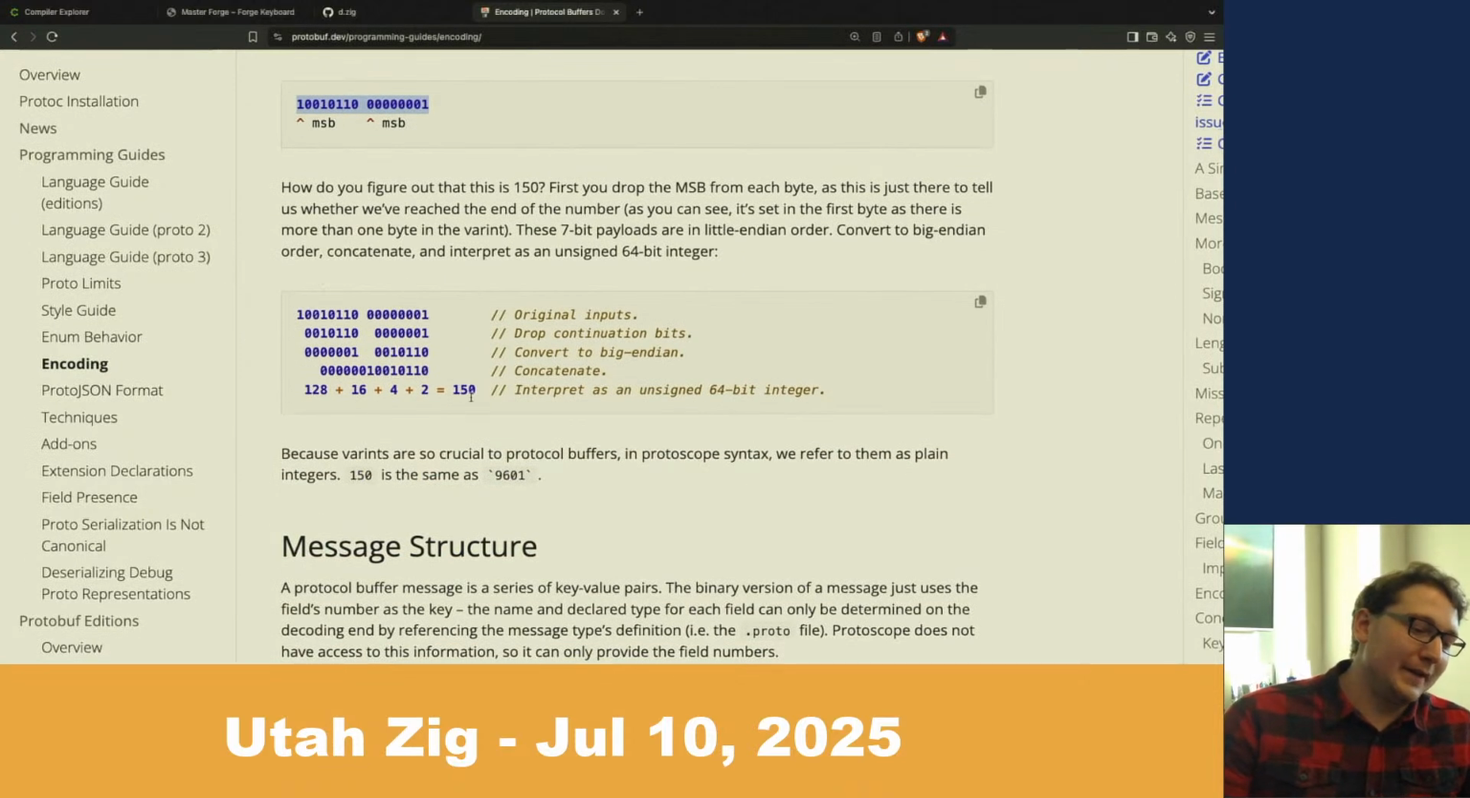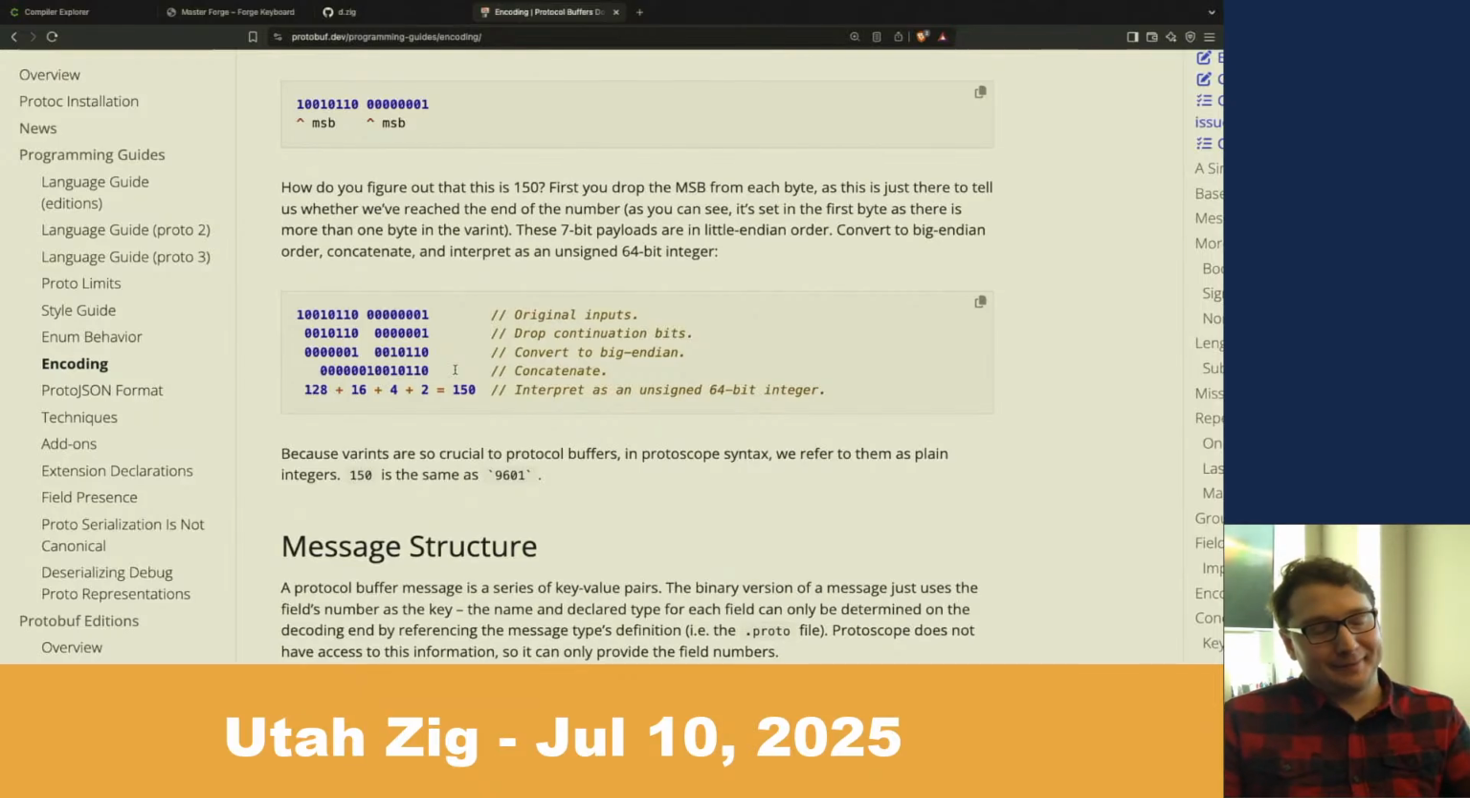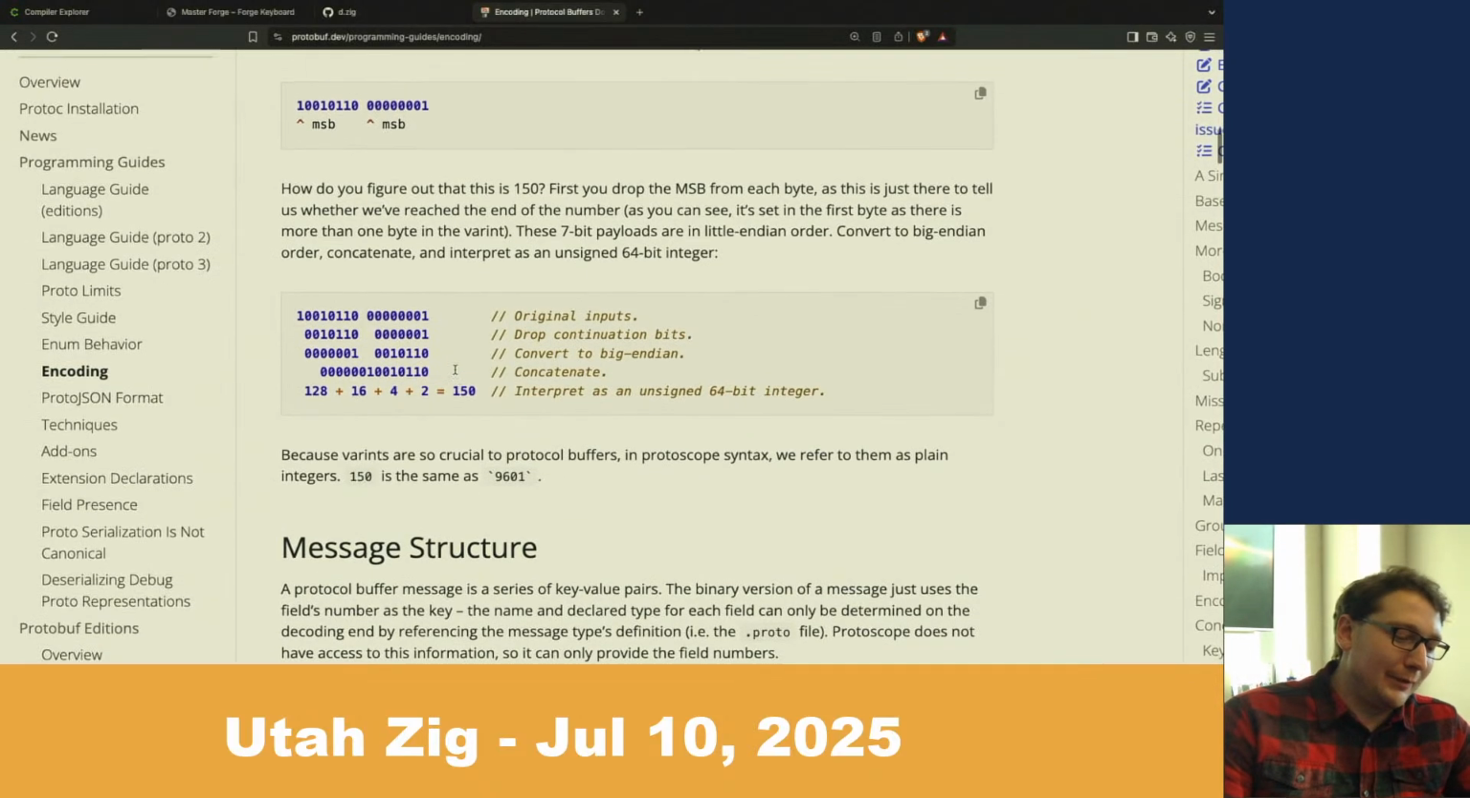So how do you figure out this is 150? First, you drop the MSB from each byte. It's basically what I just told you. The signed bits you discard, and then you concatenate it. And when you interpret it as a 64-bit integer, you get 150. What's up? Does that mean negative numbers will take a lot of bytes? Yes. Yes. So for anyone who doesn't know, 2's complement numbers,